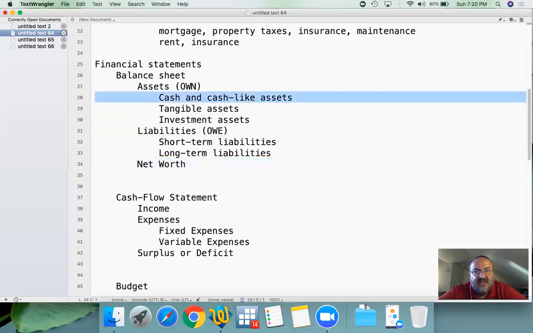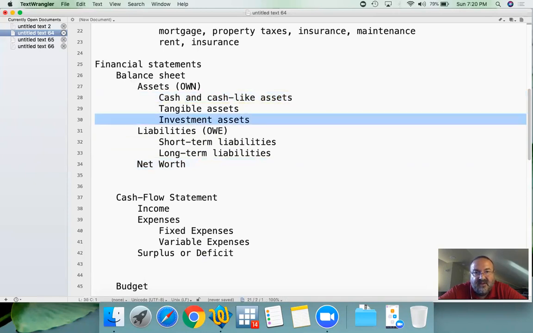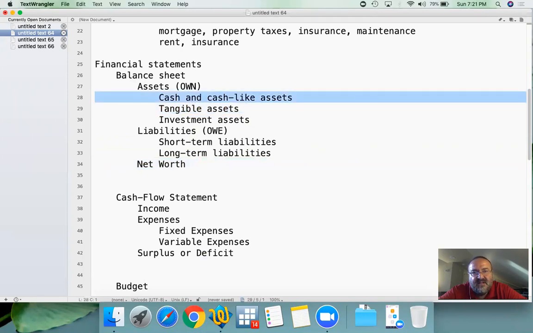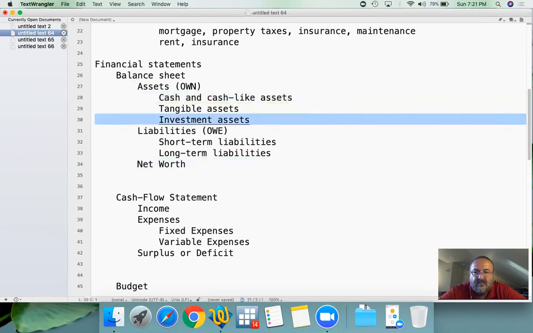So your assets can be cash and cash-like items. So for instance, actual cash, a checking account, a savings account, and then your investment assets and your tangible assets. You own a home, you own a car, you own a computer. However, tangible assets are not liquid per se, and we'll talk about liquid in a minute. But what we mean by cash and cash-like items is something that you could use to pay for your expenses immediately. And your investments are more long run, more long term,